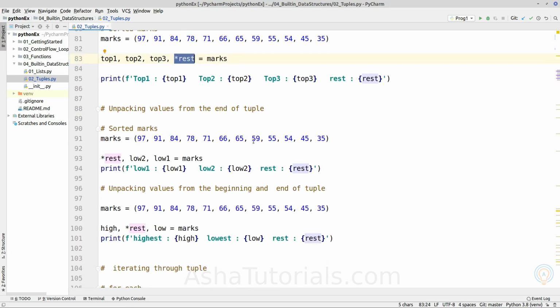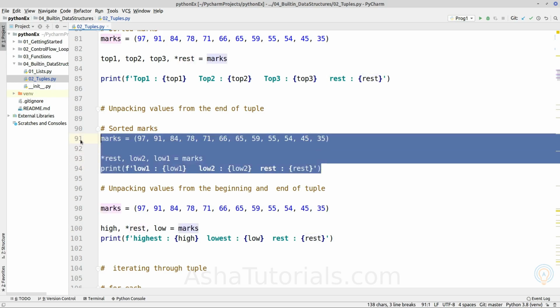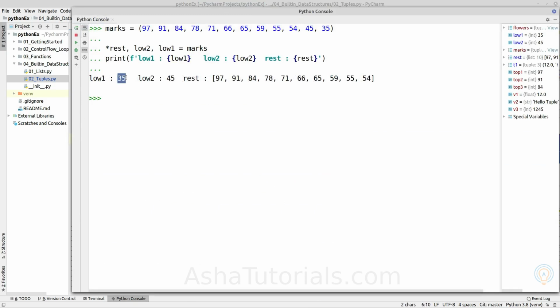Same way, if you want to extract values at the end of the given tuple object, we can write the star variable in the beginning and then the last 2 variables. Okay, so it will extract the last 2 values, and all the remaining values will be returned as a list.